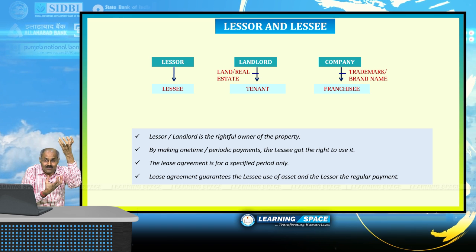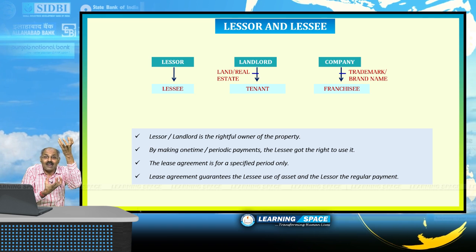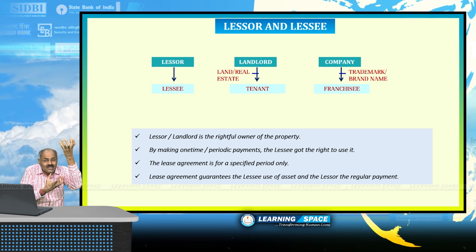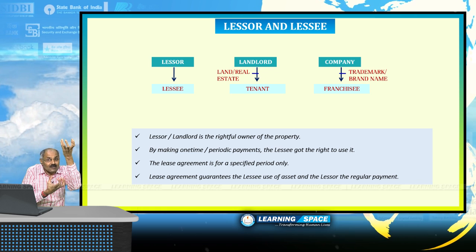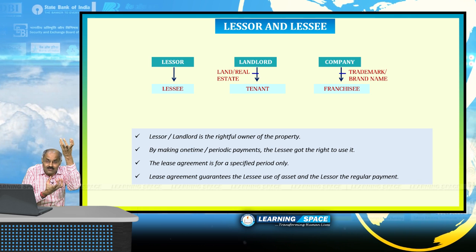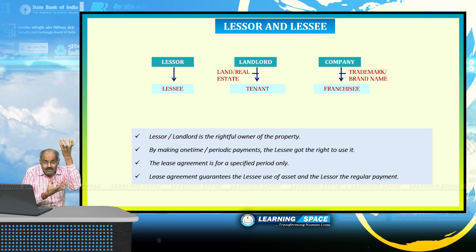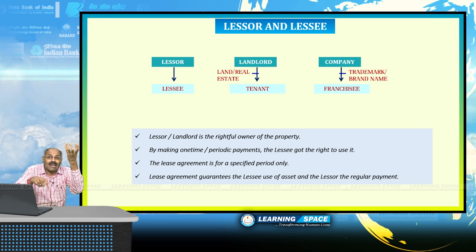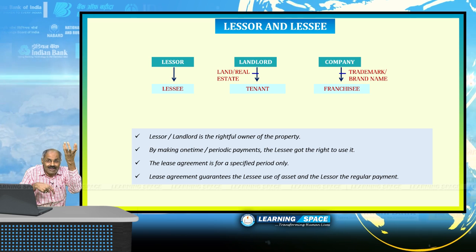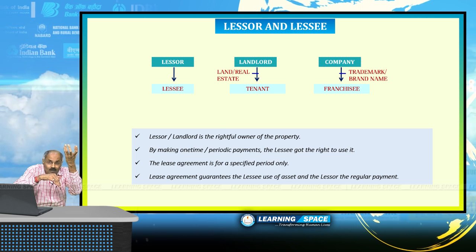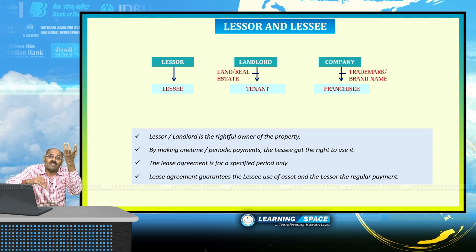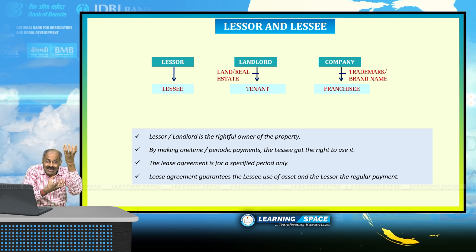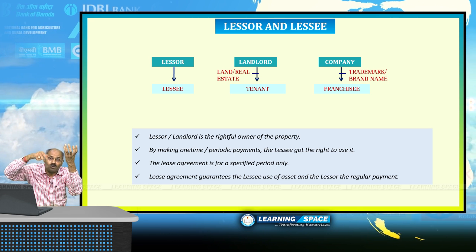Landlord and tenant. If someone is holding around 100 acres of land, and someone is working as a tenant, the relation is lessor and lessee. Landlord is lessor, tenant is lessee, right? The tenant will use the property of the landlord, and for using that property, he will pay something to the landlord. In return, the lessee will pay some amount to the lessor.